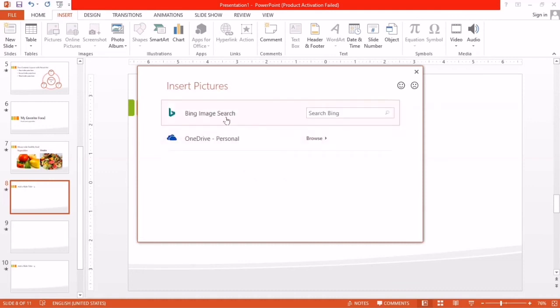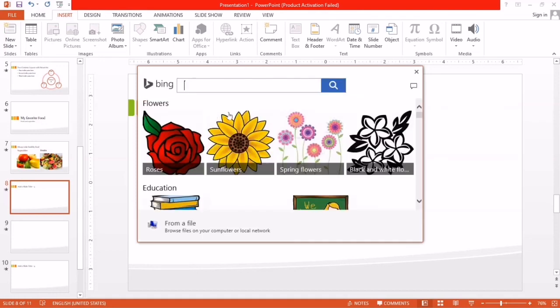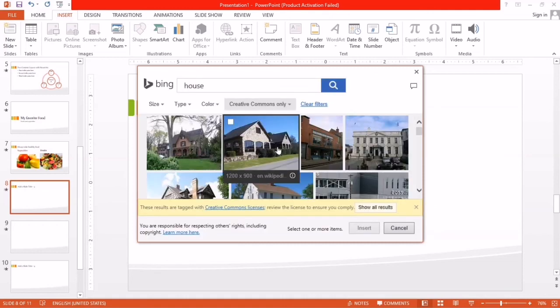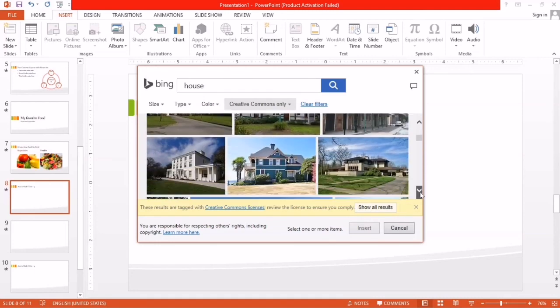So insert here, search from here, write here house, and wait a little. So you can see different pictures of houses are open.